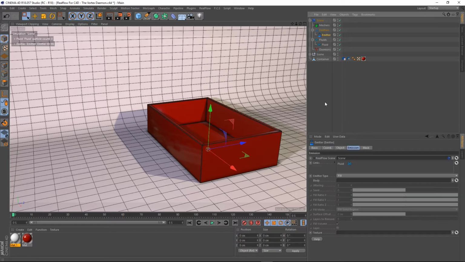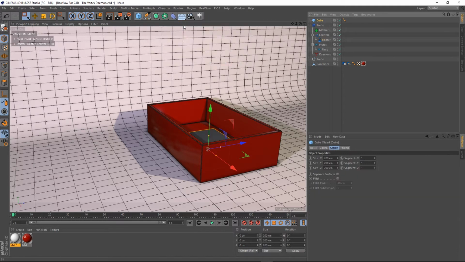I've gone over the emitters in a previous tutorial, so again, go back if you're not familiar with the emitters. Right, so yeah, we want a fill emitter. So what do we want to fill? Well, we don't actually want to fill this object here. We want to create a new object. So I'm going to create a cube, and I'm going to drag it down here underneath the container. I'm just going to call this fill object,